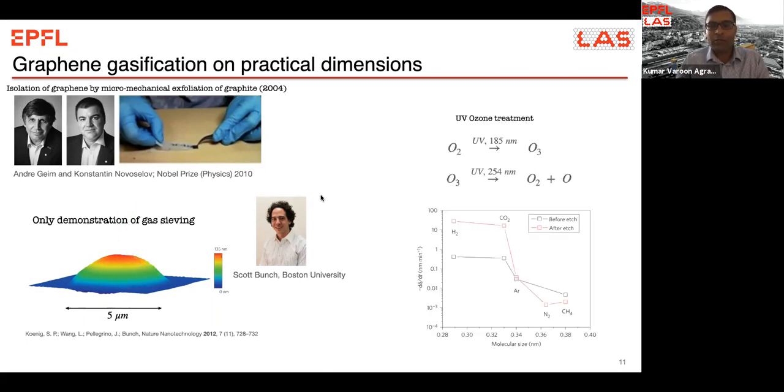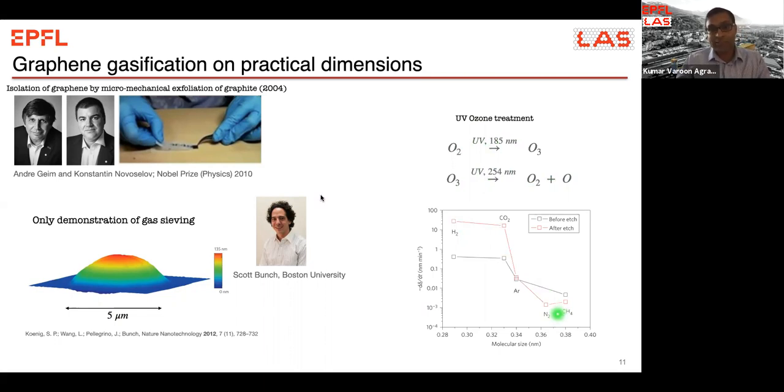The way they were making pores, they were basically putting this entire device into a UV ozone chamber, where UV is first forming ozone and then forming atomic oxygen, right? In this proof of principle study, they could already show that you can indeed get very nice selectivity between CO2 and nitrogen. If you compare this number, this is on a log scale, and this selectivity is more than 1,000, right? So from the membrane perspective, this is very attractive.